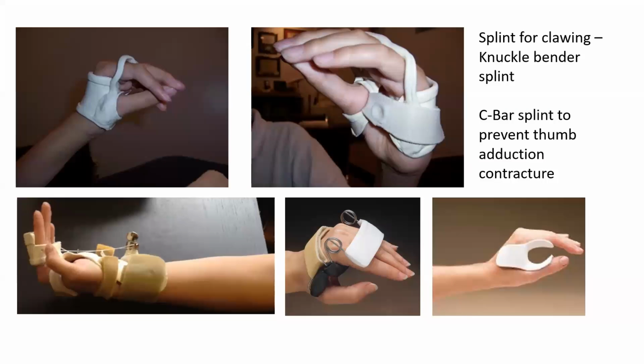Okay. Similarly, the problem in median nerve palsy is intrinsic minus hand, otherwise the claw hand. What we do, we apply a splint to maintain the intrinsic plus position. Are you able to understand this? See, the problem in claw hand is this position, the intrinsic minus position, and we apply a splint which causes MCP flexion, right, to maintain this position. And this, in layman's term, is a knuckle bend. Hope you all know these are the knuckles. You just maintain the knuckle bend. Okay, that's why it is called the knuckle bender splint.